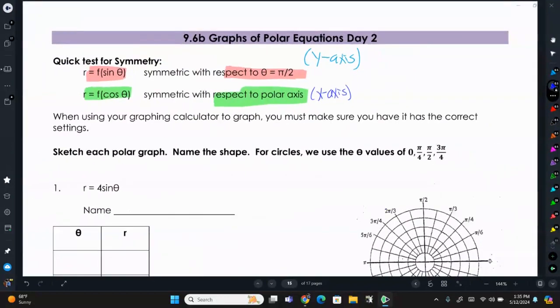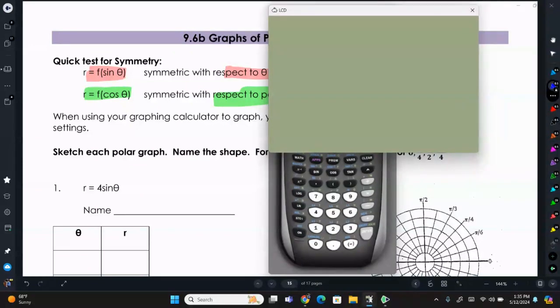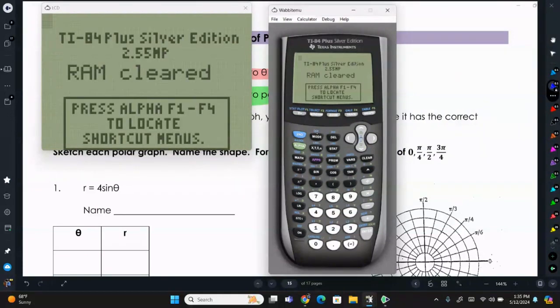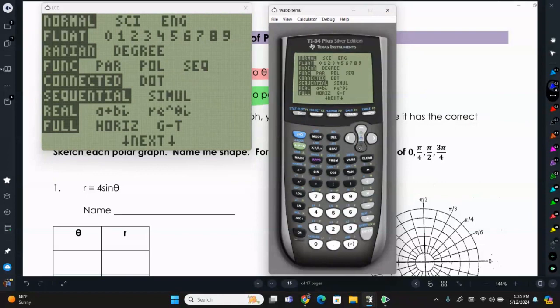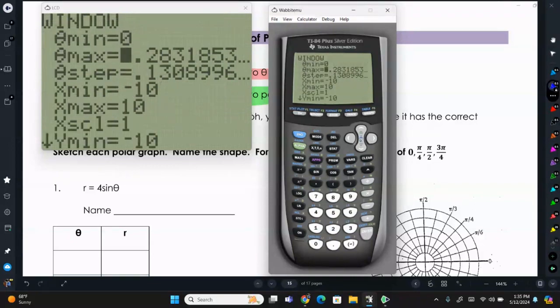So just a quick note, we got to make sure our calculator is in the correct setting, so let's go and verify that. So for our mode, we want to be in radians and we want to be in polar. And we talked about sequential or simultaneous. It doesn't matter for what we're doing today, so we'll just leave it in sequential. And then press second and zoom, and we want to change this to polar GC. Right now, and then we go to window, make sure 0 and 2 pi,